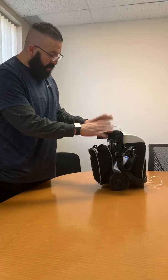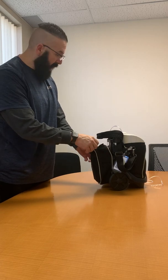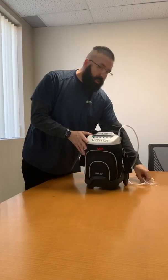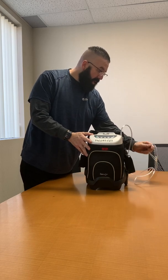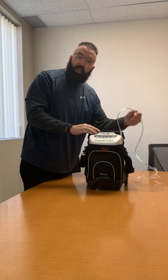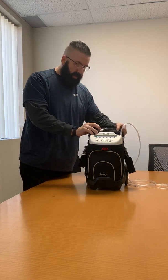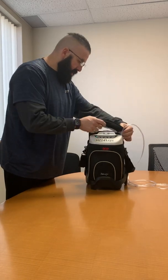Always make sure when you're traveling with this to keep all your devices inside the bag. Make sure that you've got your cannula with you, and I also recommend, and I always tell all my patients, keep a second cannula inside the bag with you just in case something happens with this one on your way out. Also in the front,